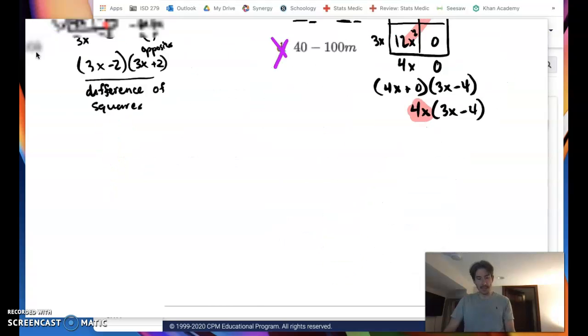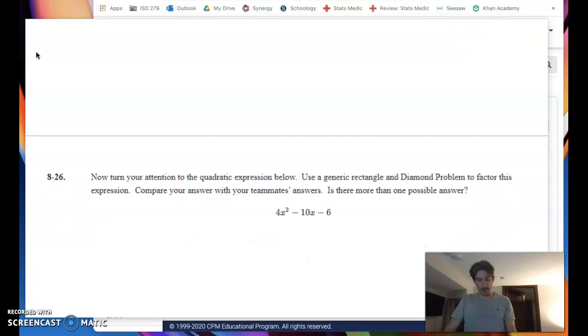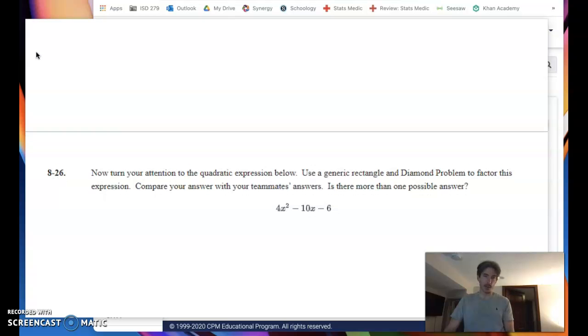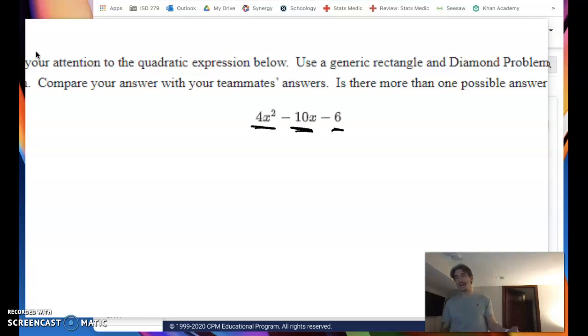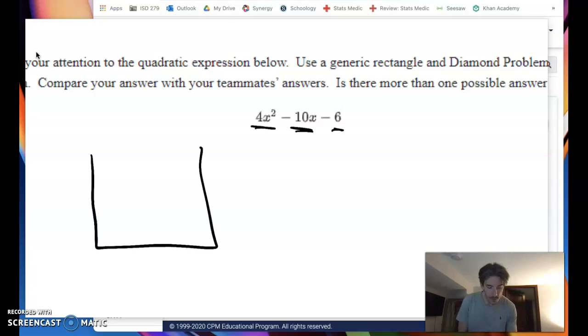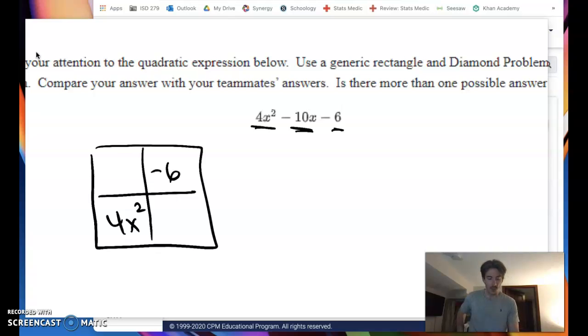Okay. Last thing I'm going to try to do quickly is there are some quadratics. In this case, we've got a quadratic trinomial that has more than one factoring. And the reason this is going to be the case is because 4x and 10x and 6, those are all products of the same scalar 2. So you could factor out a 2 ahead of time. In fact, that's what some people would advise. But you can also factor this using your generic rectangle, your 4x squared, your negative 6,